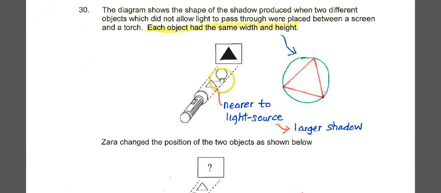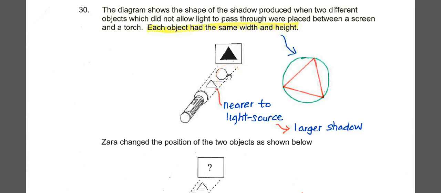circular part is now nearer to the screen, the shadow of this one will be smaller, right? But there's no shadow over there because this triangle is nearer to the light source. It creates a bigger shadow, and this bigger shadow totally did not allow this circular part to have a shadow. So the shadow is being blocked by this triangle. A bigger triangle covers this. The whole shadow covers this thing over here.